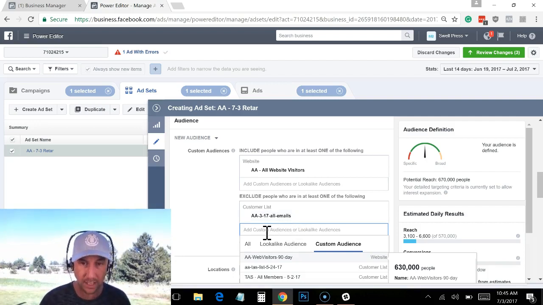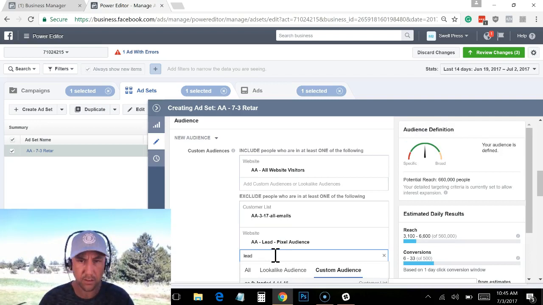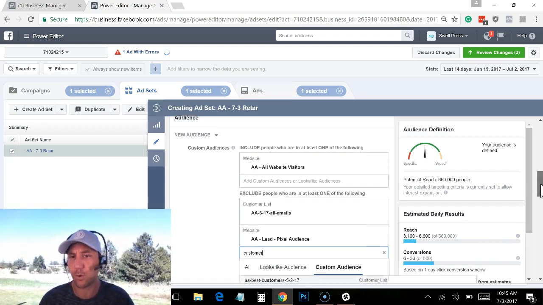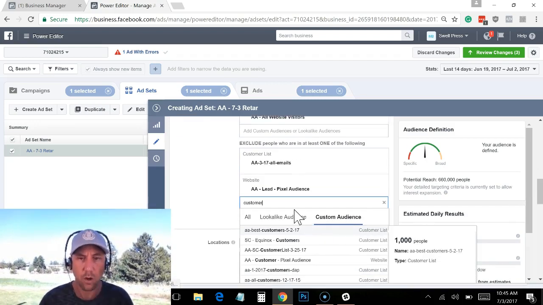Then I want to eliminate the individuals who are tagged with my pixel for my lead pixel audience. So let's do lead pixel audience. I'm going to exclude that one. And then customer pixel audience is the next one. Again, I don't want to spend money advertising to people who have already taken the actions that I want. Customer